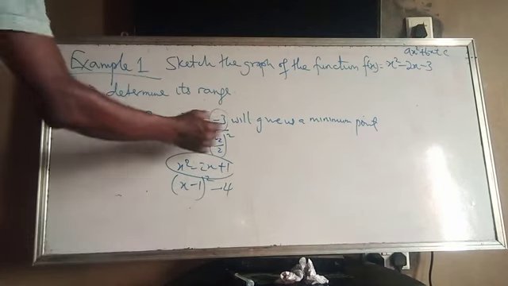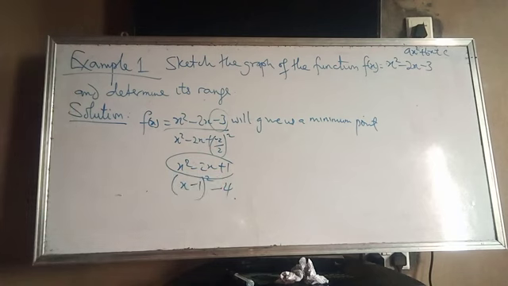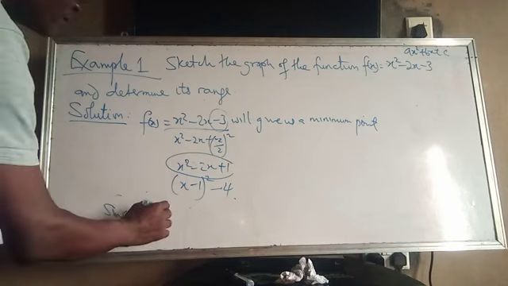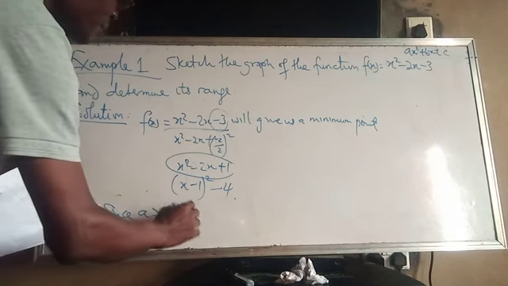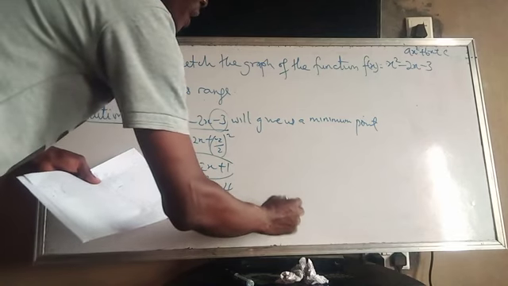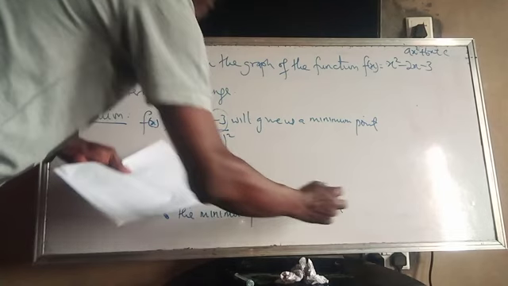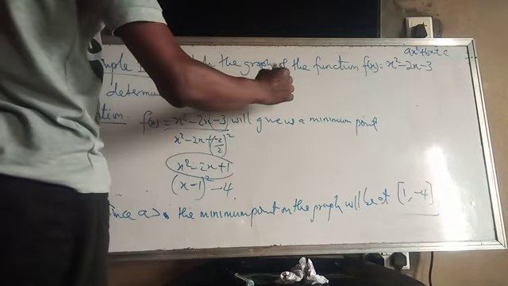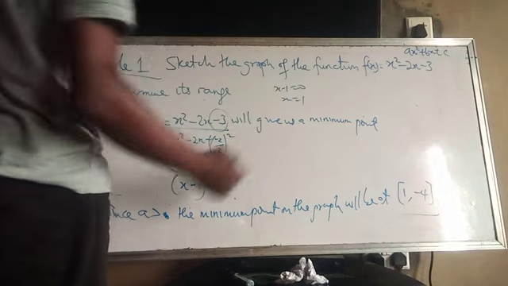That's the whole of this expression now, it has become this. So that implies that the point of the minimum will now be, since a is positive, obviously, the minimum point on the graph will be at (1, -4). How? Fine. If you equate x minus 1 to 0, x minus 1 equals 0, x equals 1. Then minus 4